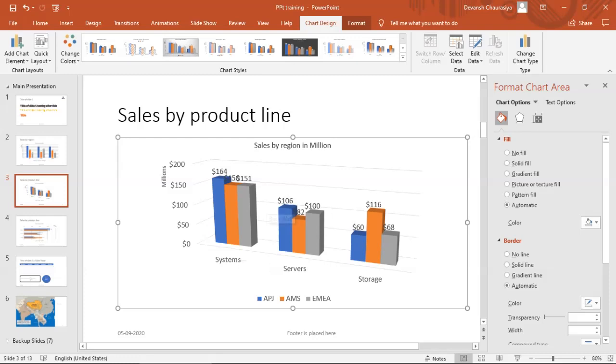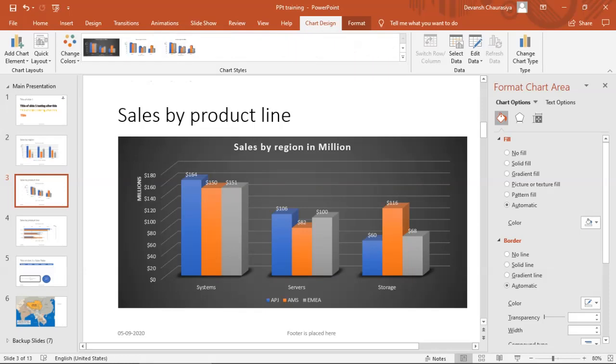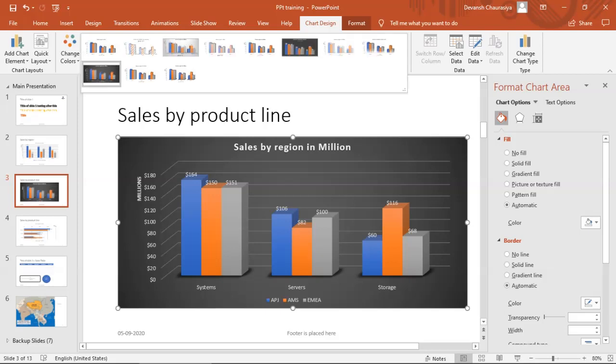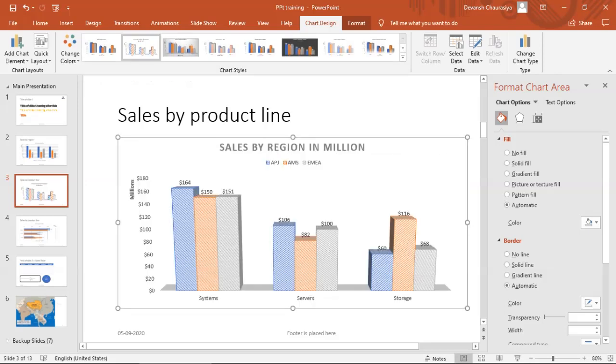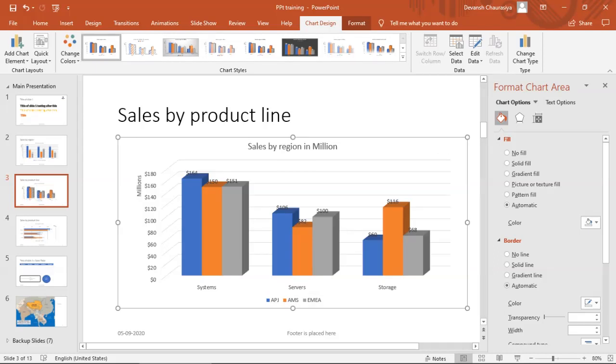Now let us change it into the darker one, because that's a preference. So I change it to dark. You have multiple options over here. You can pick anyone that you like. This looks quite fancy. We don't require it. Let me switch back to this. Okay.